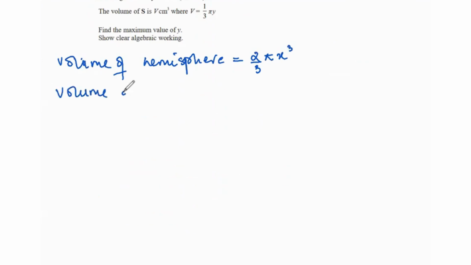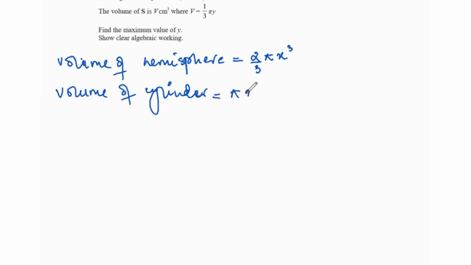Volume of hemisphere will be 2 over 3 pi x cubed. It's 2 over 3 because it's a hemisphere. And then volume of cylinder